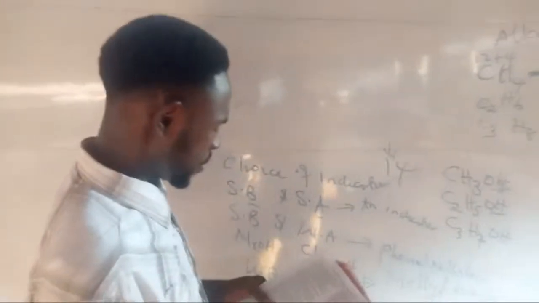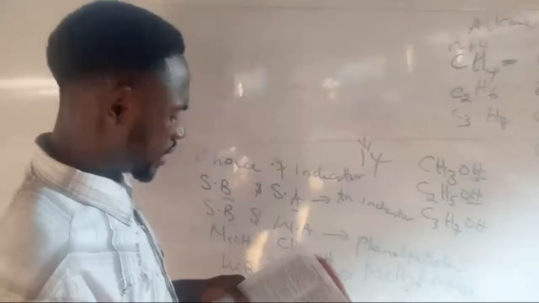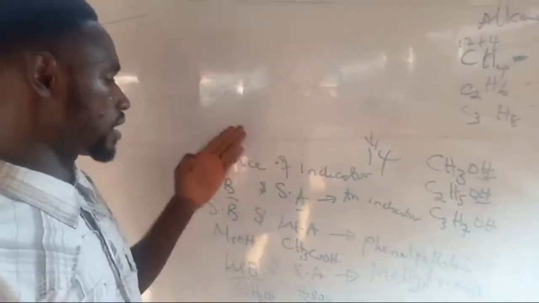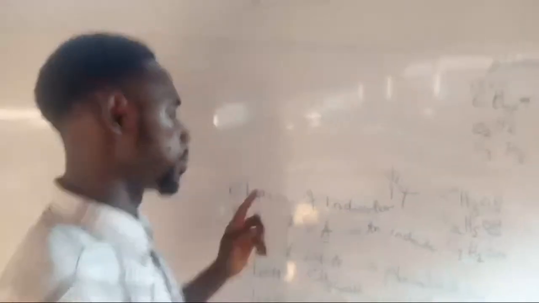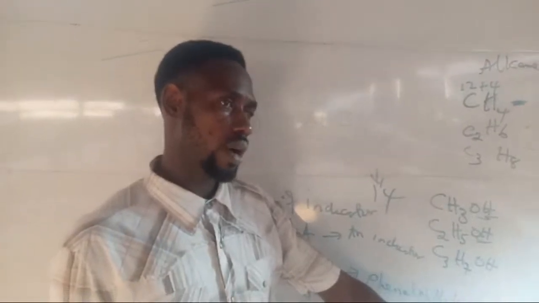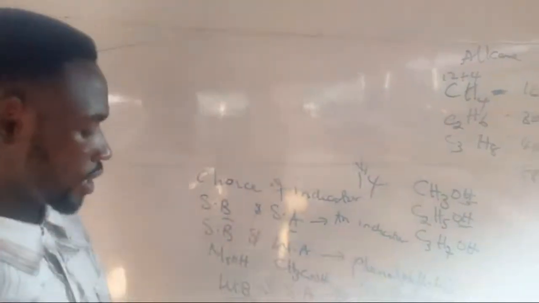Then the other one is ethanoic acid against sodium hydroxide. I've answered that. The answer is phenolphthalein. Then another one is acid trioxocarbonate titration. That's HCl versus potassium carbonate or sodium carbonate. Please, methyl orange is suitable for acid trioxocarbonate titration.